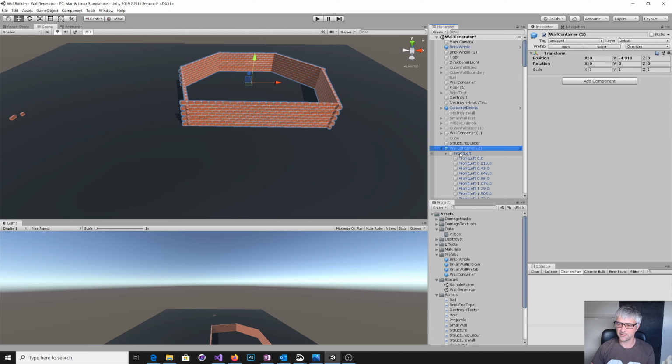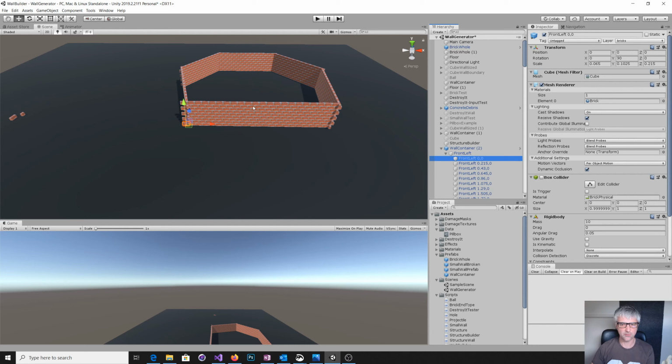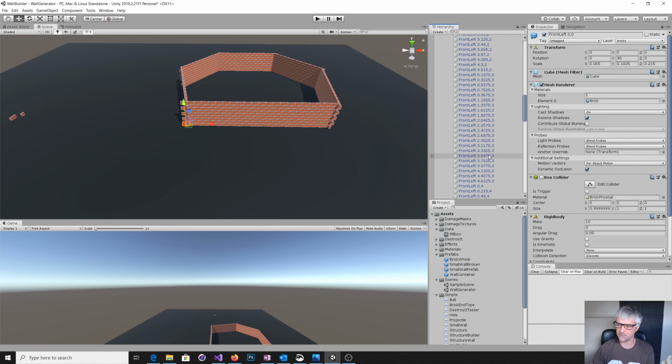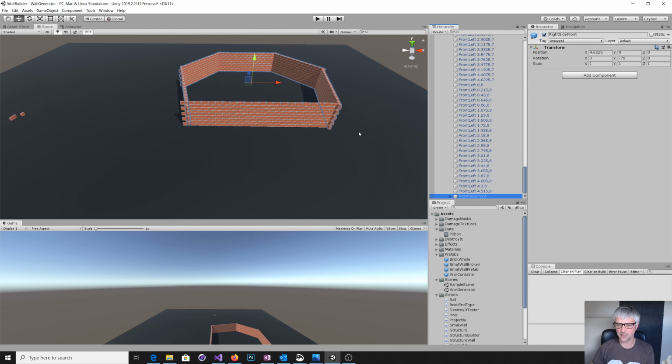So what I've done is this front left wall, which is along here. It's hard to tell. Okay, so this is a front left wall. And then when you get to the final brick in the front left wall, somewhere down here, all the way over here, the next wall we want to create, because we're doing this kind of turtling mechanism, we want to start here. We don't want to start back at where the container starts. Now what I've chosen to do is the next wall, this one here,